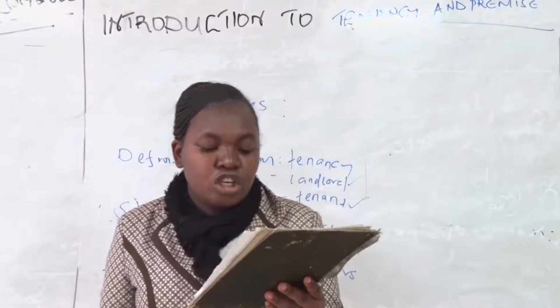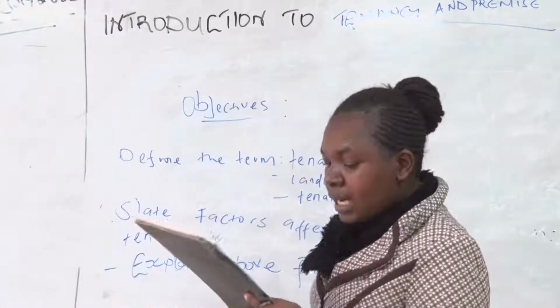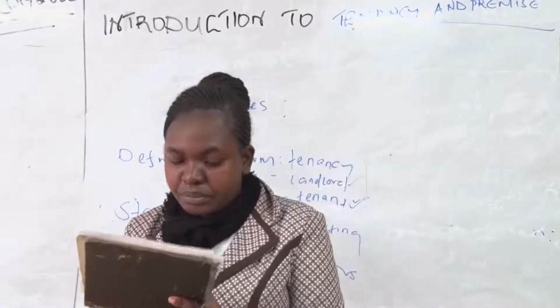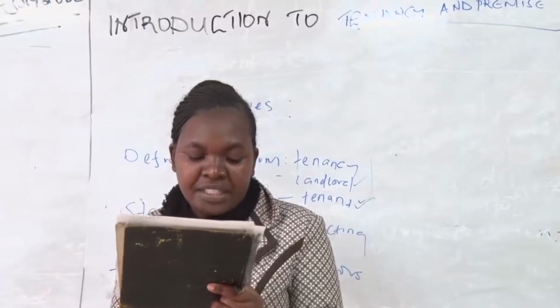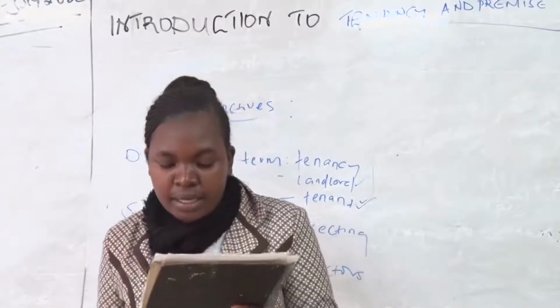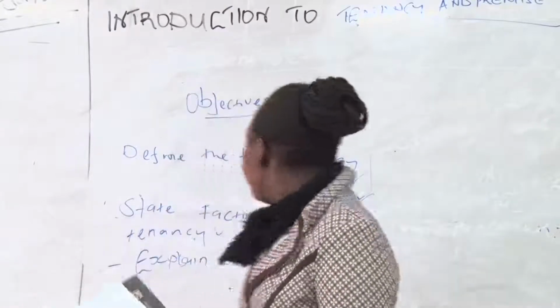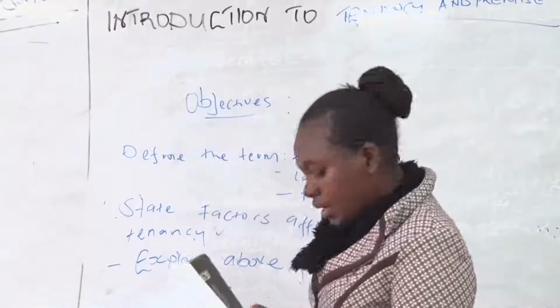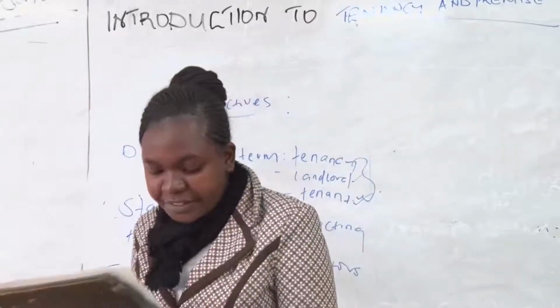And then the definition of the term tenant. A tenant is someone who pays rent to use land or a building or a car that is owned by someone else. Now those are the definitions of those terms. Now the factors that affect tenancy. Those factors include